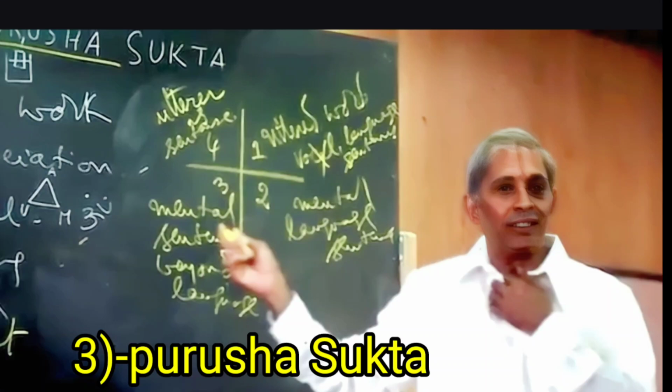Generally we should have 4 lines or 2 lines, but here it is queer and odd, it is 3 lines. Nowhere in the world you will find a musical or metrical composition with odd number of lines. Very rarely. They should be even. But here we have one. So it is called Tripada.